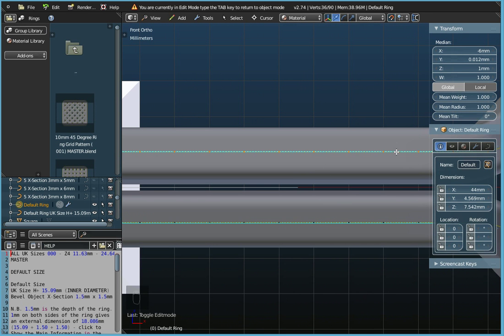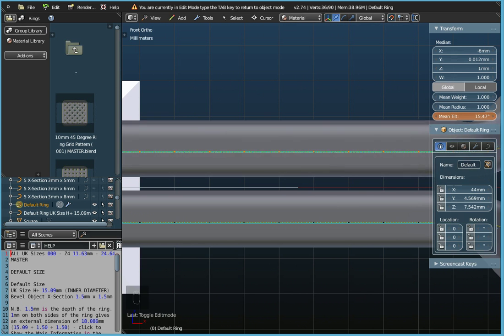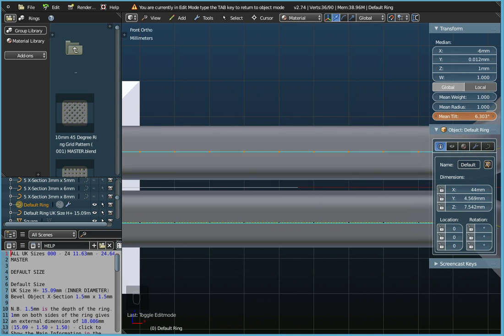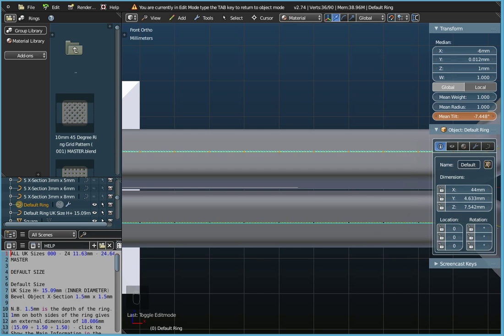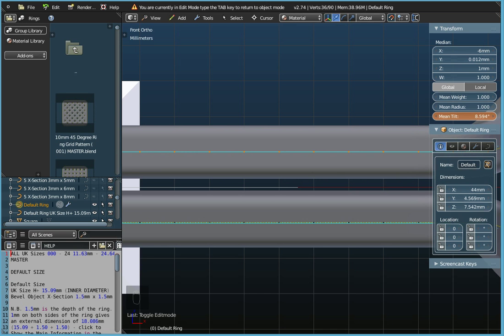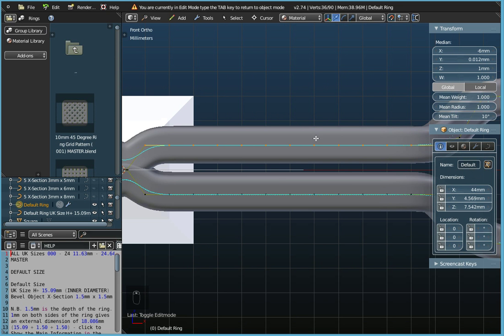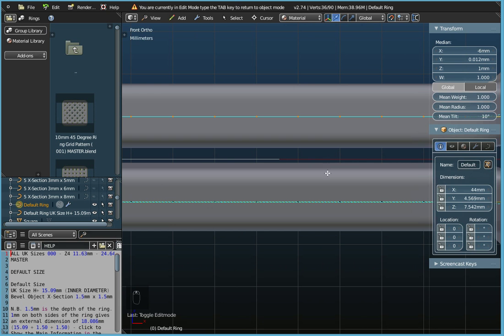This has been twisted, so what we need to do is change the tilt. Now I don't want to go minus with that one, I want to go plus. Look, so you can see what's happening. So we want to go up probably about 8. I'll type in 10 degrees actually, so that sort of squares off that one, but the bottom one is also